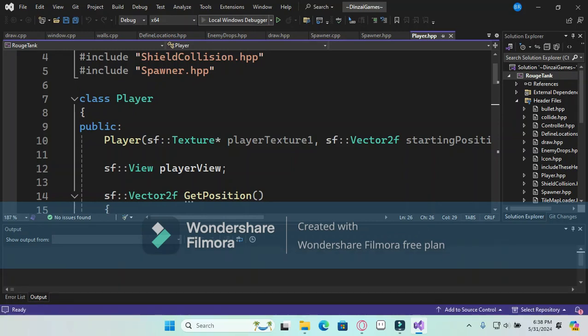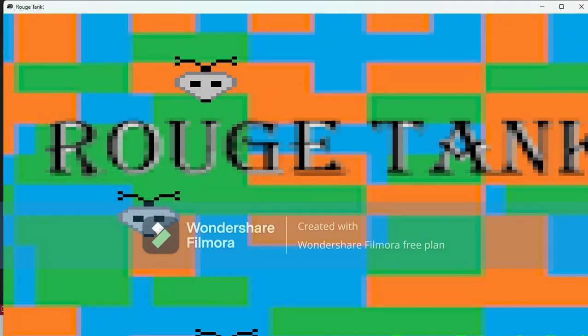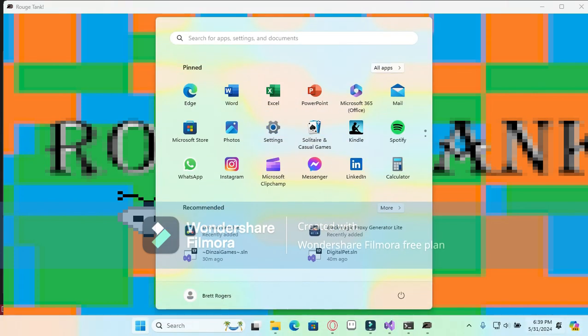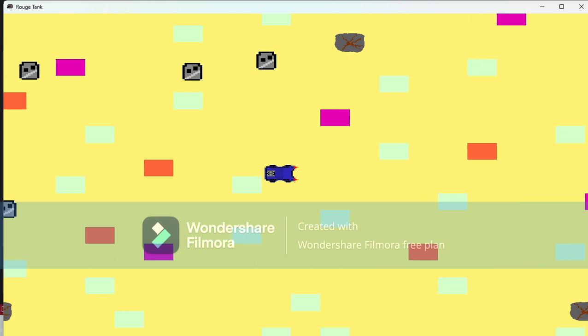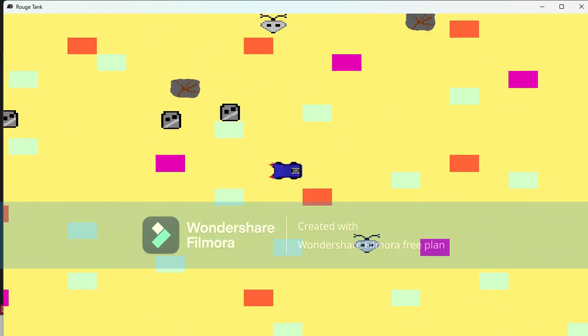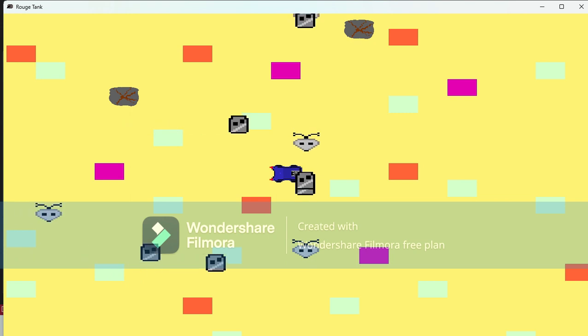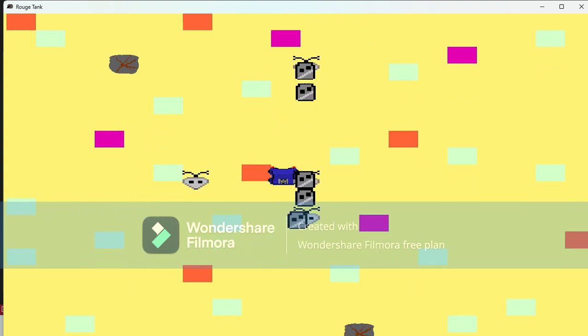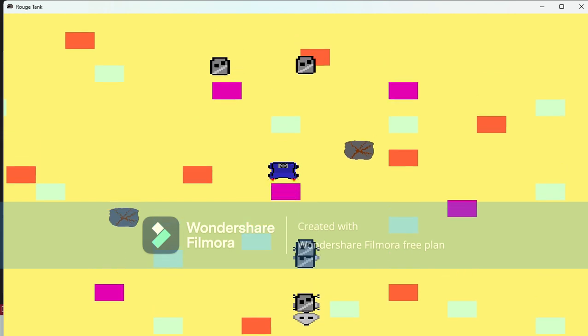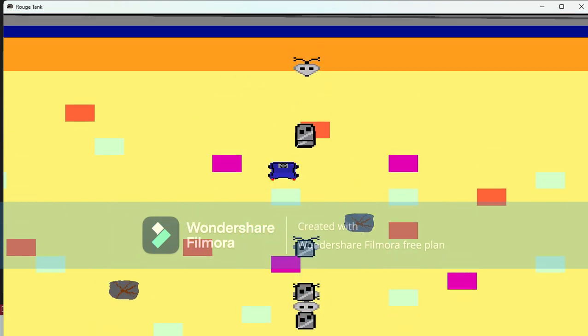Alright, today we're going to be working on the player a little bit. One thing I've noticed, so let me turn this down real quick, is after we got the enemies moving, when they come, they seem to get stuck in a couple odd spots. And if I go above them, for example,